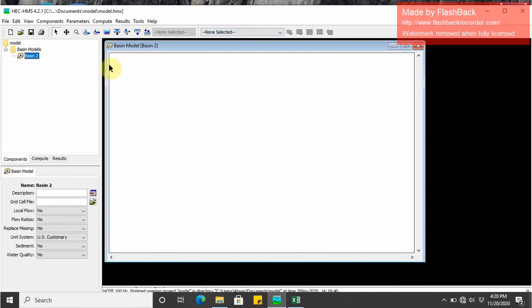Here you can see the white area, and these are the tools for the modeling. This one is subbasin. This is for reach, this is for reservoir, this is for junction, and the others. But here we need three subbasins. Select this tool and click here in this pane: subbasin 1, subbasin 2, and subbasin 3. Here we have three subbasins, and now we need two junctions. Then select the junction tool and click in the screen, and junction 1 and junction 2 are created.